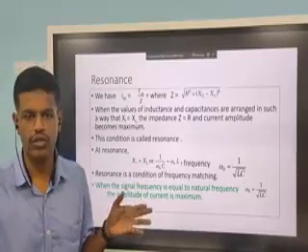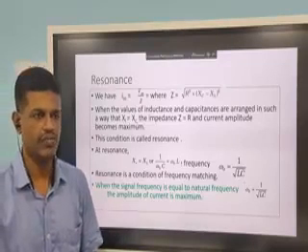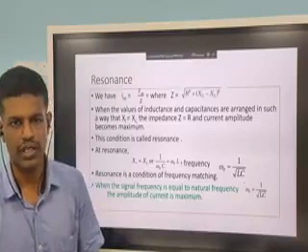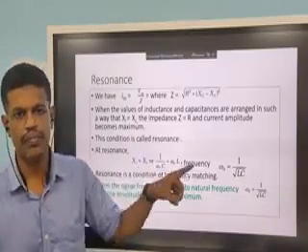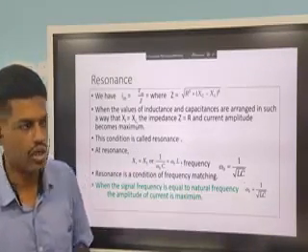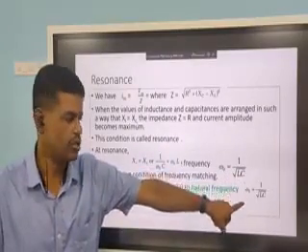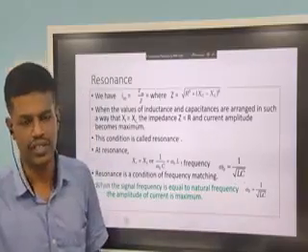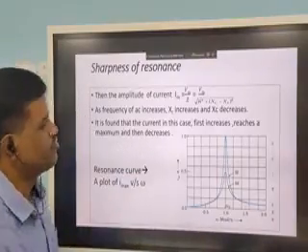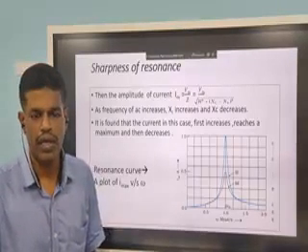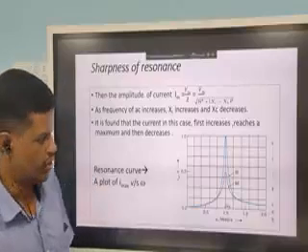This is also a condition of frequency matching. The frequency of the system is matching with the frequency of the external agent. Then the system will oscillate with maximum amplitude. This is called resonance. And the resonant frequency is given by omega 0 is equal to 1 by root of LC. So resonance is possible in the case of electrical circuits also. AC circuits also exhibit the phenomenon of resonance.